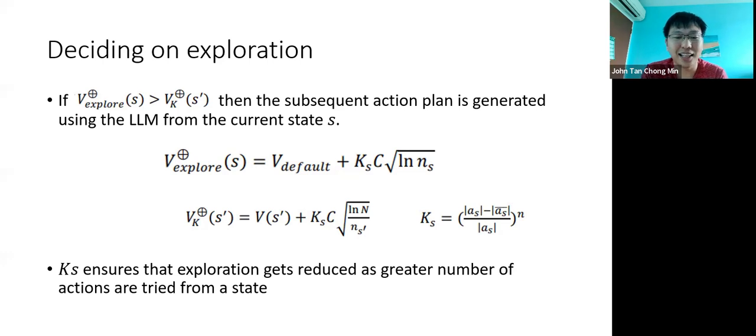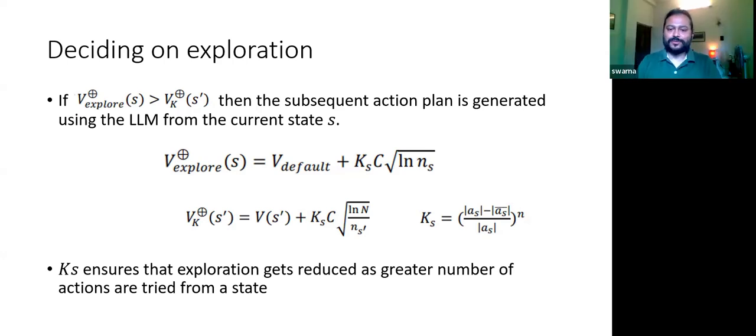I don't think you need an additional V explore, but this is just some insight I have. I look at your equations, and I don't see much difference. So unless there's some experimental value to it, like you have tried the default one and it didn't work, and then this V explore works, then I'm interested to know. But otherwise, if it's just a heuristic that you have come up with that is not really tested empirically, but it just works, then I think we can move on, because there are many ways to implement this.